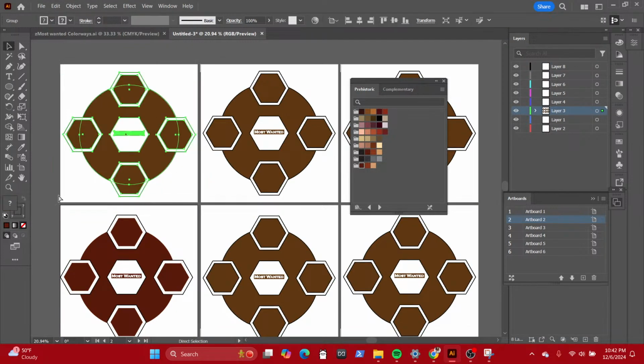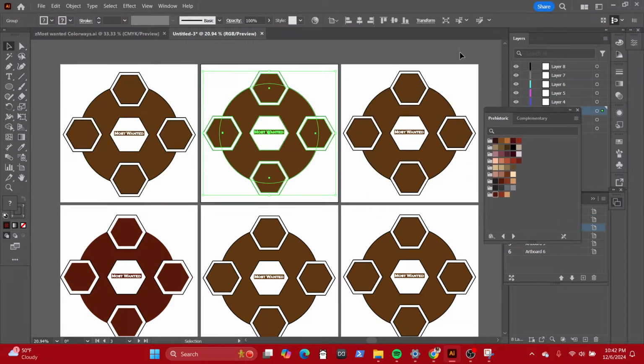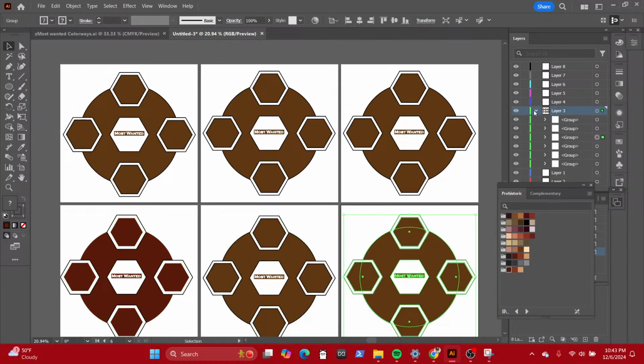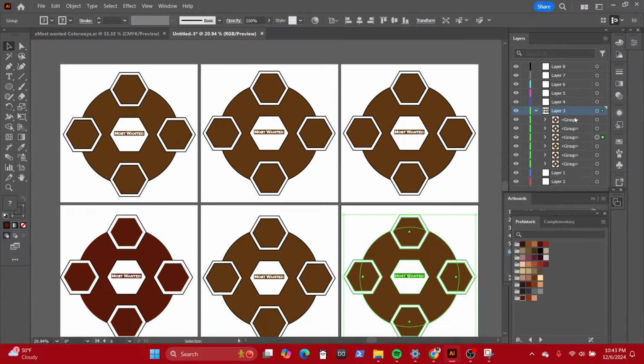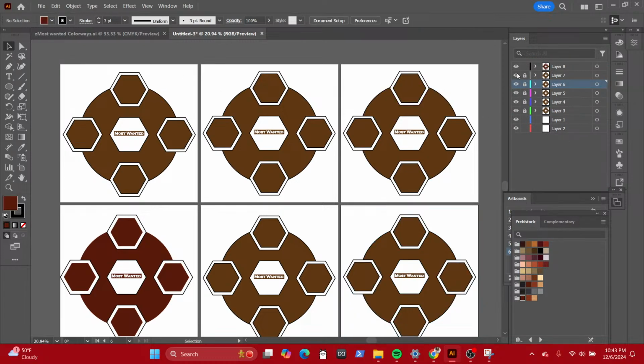So we're going to do Control G, Control G, Control G, Control G for all these layers. Now that will group all of that together, right? Just like so. And then we'll just move everything to its own layer. That was probably why it wouldn't let me just copy each individual. So now I got this one. Let me show you. Bam. Then I can take that. We're going to do that next.